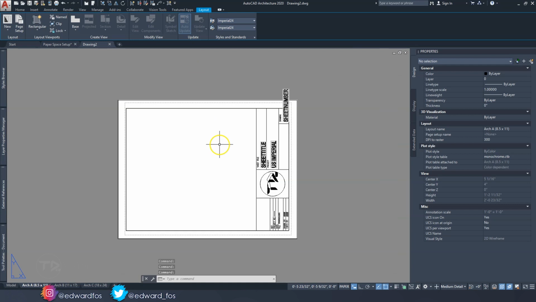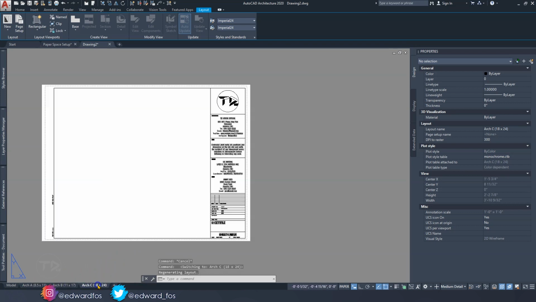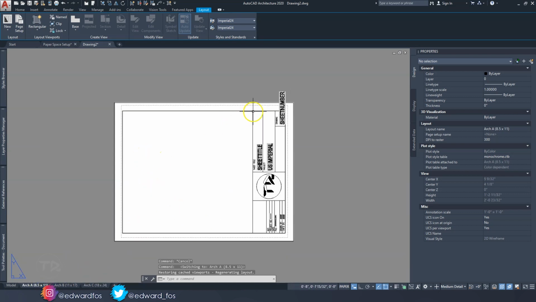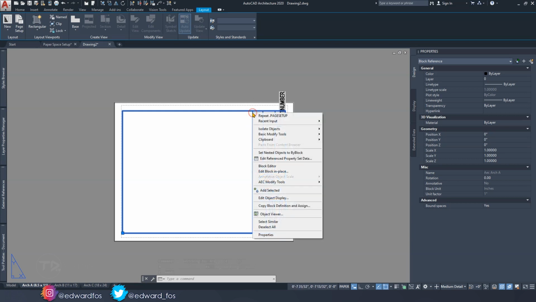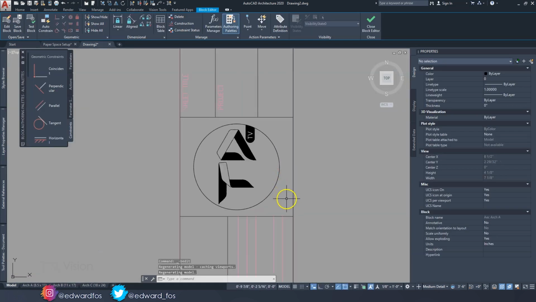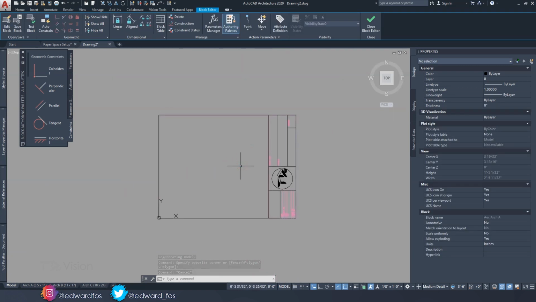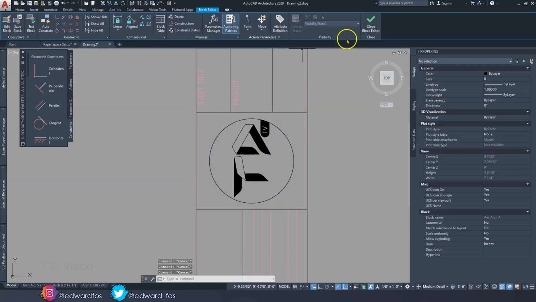So once I open it up, you can see that it has three layouts of three different sizes. And each one has its title block and pretty much everything set up in here and ready to go. So what I did was to copy the default AutoCAD sheet template, and I pretty much just went into the block. So I went to block editor and I added my logo in and made a couple of changes and made it my own. So that's what I'm going to recommend that you guys do. Just delete my logo, add your logo in there, and